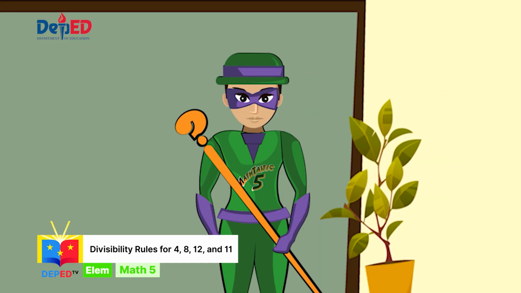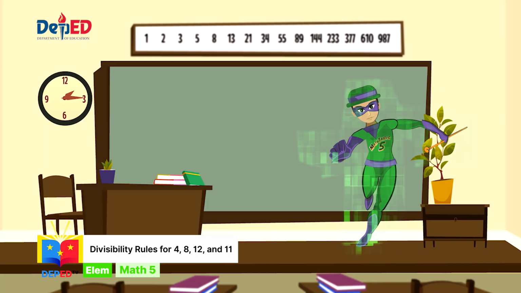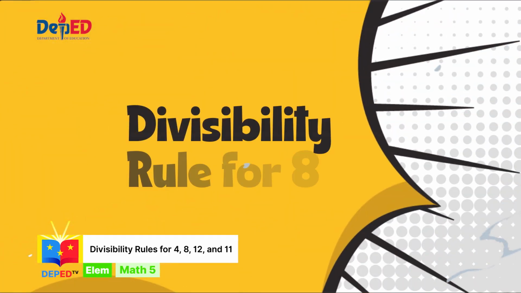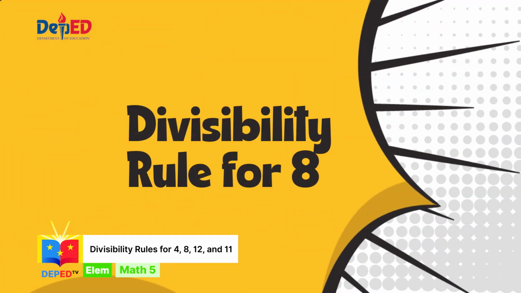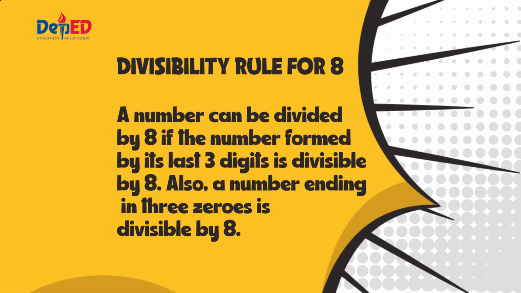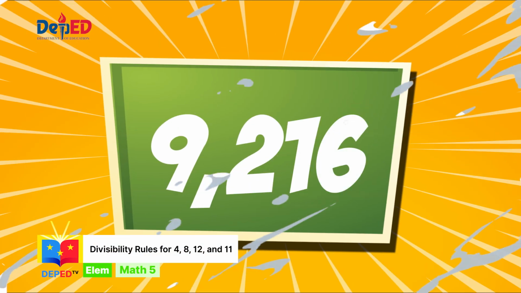Haha! I thought I could trick you with that one. Up, up, and away! Let's proceed with the divisibility rule for 8. A number is divisible by 8 if the number formed by the last three digits is divisible by 8. A number ending in three zeros is also divisible by 8. For example,